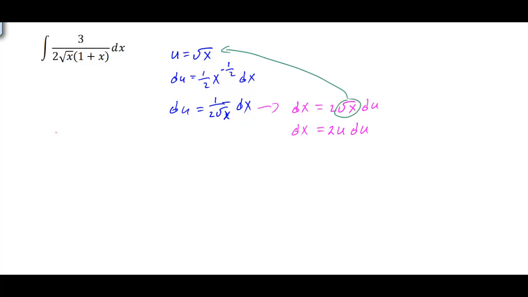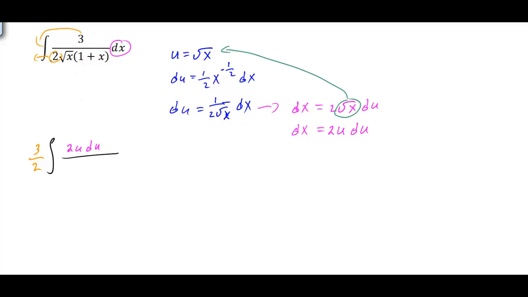So now if we plug this into our formula over here, we have the integral. Still the 3, we can simply pull the 3 out front. And even the 2, we can simply pull that out front, so we have 3 halves. And then we have dx. Well, what is dx? Well, dx is equal to 2u du. So we're going to substitute that in, so we would have 2u du